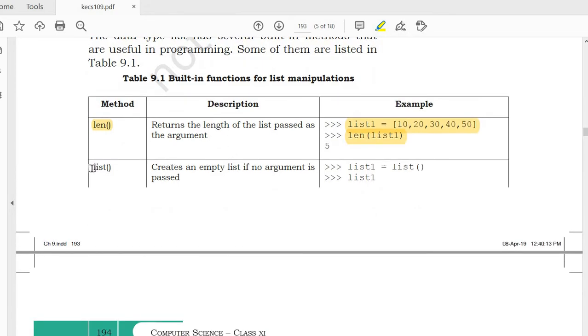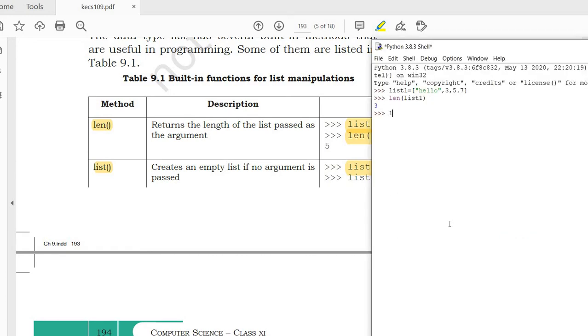Okay. Next function is list. The list function creates an empty list if you are not specifying any argument inside. Or if you are specifying some other argument, it will convert that into a list. So just see, list1 equal to list() means it will create an empty list1.